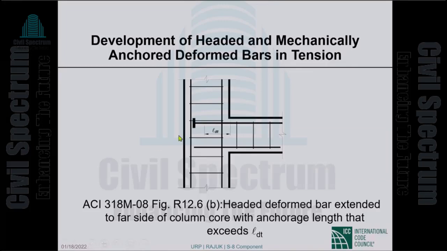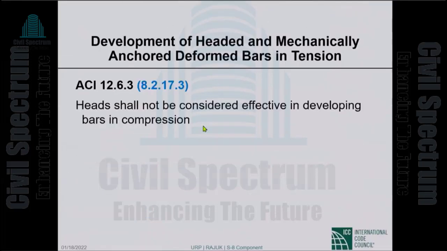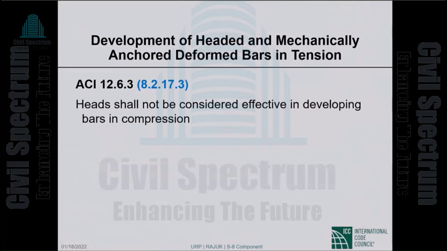So if this bar tries to pull, it will have to take more compression concrete with it than if the bar terminated here, and that is desirable. You are not paying anything appreciable. So take the bar as far back as you can, although theoretically the bar needs to come only up to here. So this is specifically said in ACI 318.